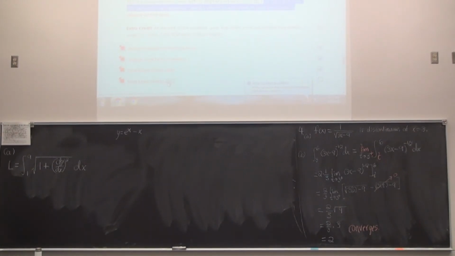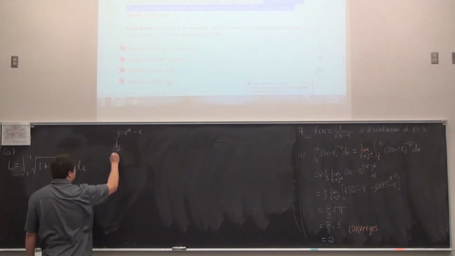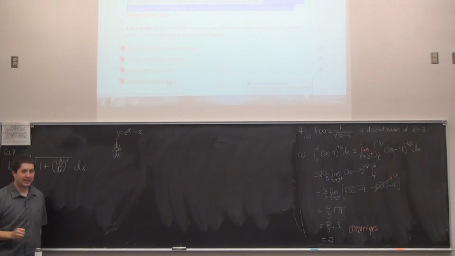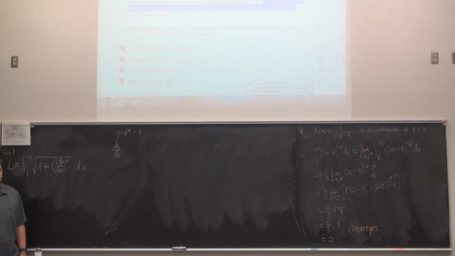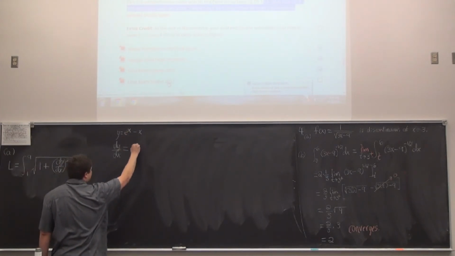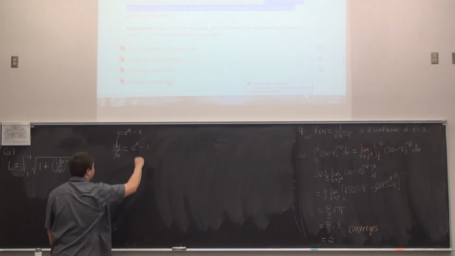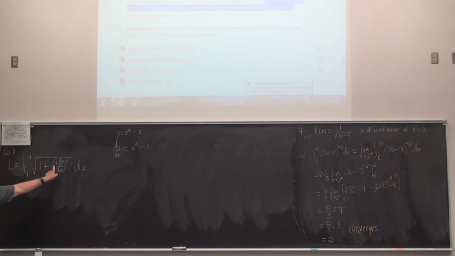So first things first, we'll calculate dy dx, or just write y prime if you prefer. That's really up to your preference. We hit the Leibniz notation really hard in chapter 10, mainly because there are multiple variables. Also, it's something to get used to in calculus 3 as well. So dy dx, in this case, is the first derivative of e to the x. That's itself, it's nice, minus the derivative of x, which is 1. So we've got that portion down.